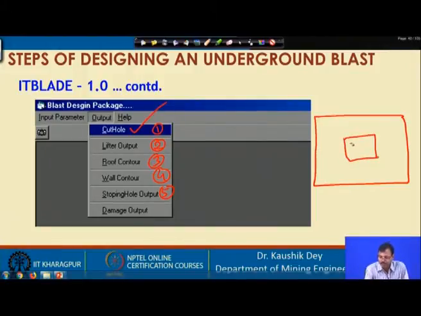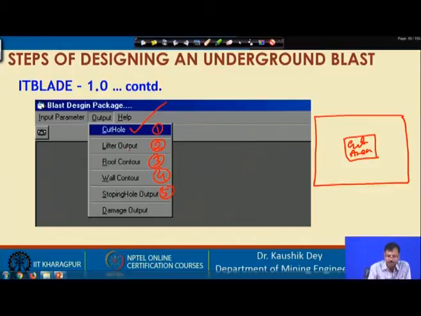So, the cut area dimension is essentially required to achieve the desired pull and desired fragmentation. So, while the cut area requirement is fixed, now we know this is the cut area, we can place the cut area at any place, but amongst the total area, how much area is required for the cut is now known to us.